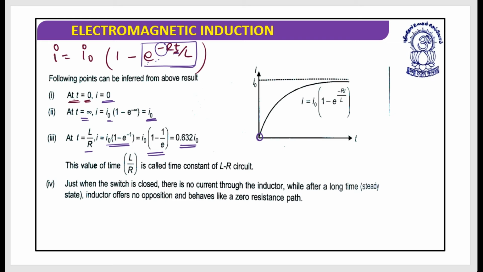If you want to discuss this from the point of view of a closed switch and an open switch, you can understand this at t equals 0. At t equals 0, the inductor behaves as an open switch. That means at t equals 0, it will be open and no current will flow through it. At t equals infinity, the inductor behaves as a closed switch, that is, it will be replaced by a wire. And at t equals L by R,